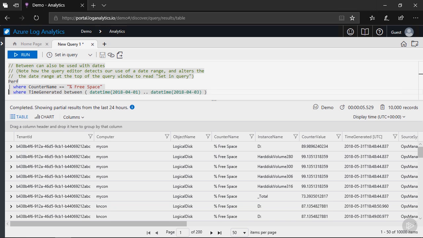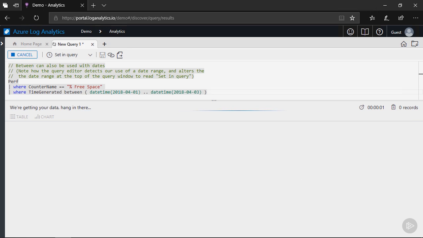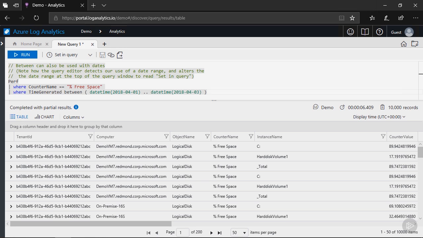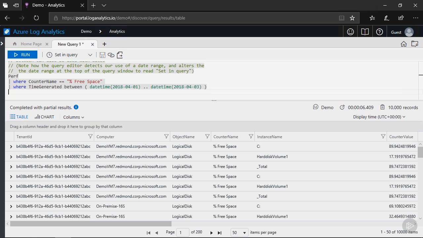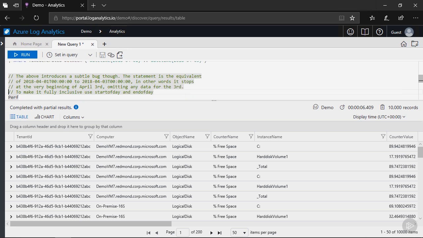So you can see here I've used between, date time, and I go from April 1st to April 3rd. I can execute this and get back some data. And here in the results, we would appear to have data from the 1st through the 3rd. But using this method, we actually introduce a little bit of a subtle bug. In my comment here, you can see that what we have done is the equivalent of typing in